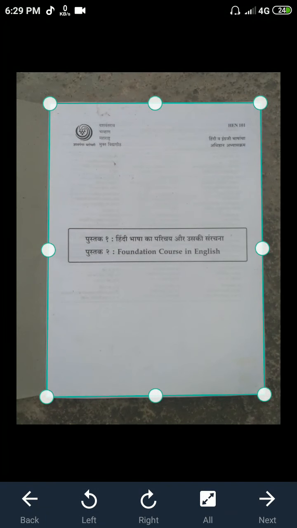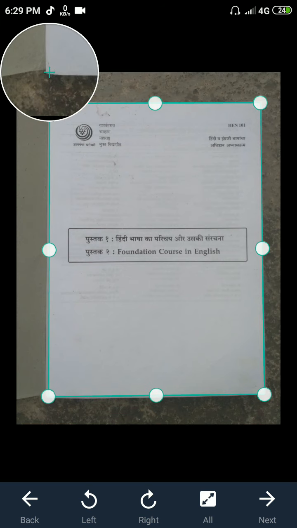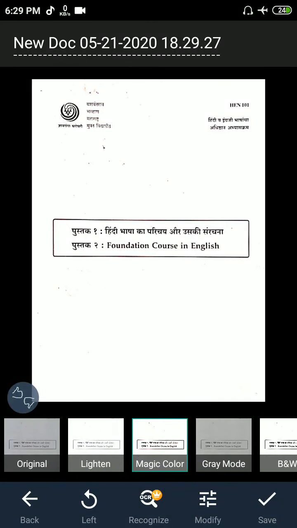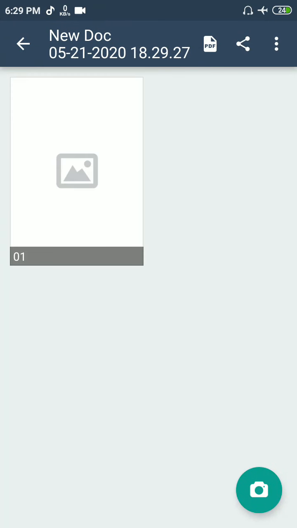After scanning the first page, CamScanner allows you to crop your documents. Just crop the documents. Then click on the OK option.